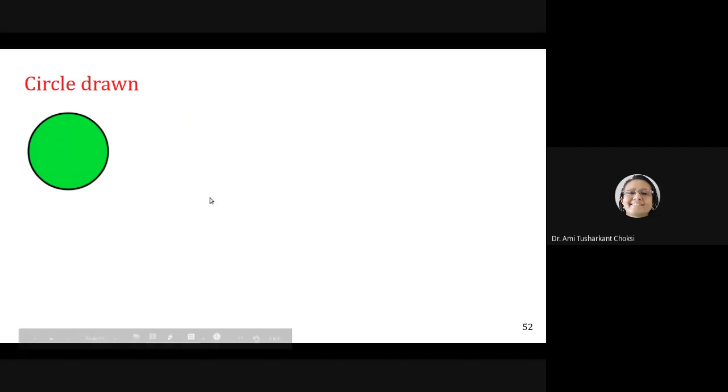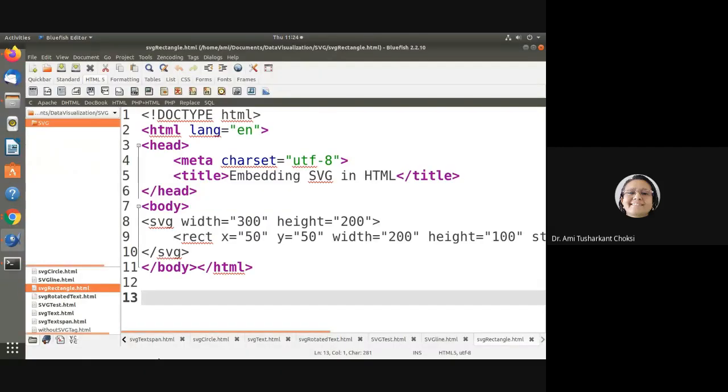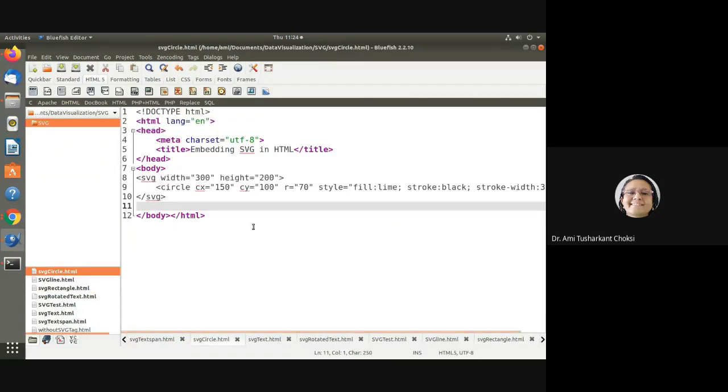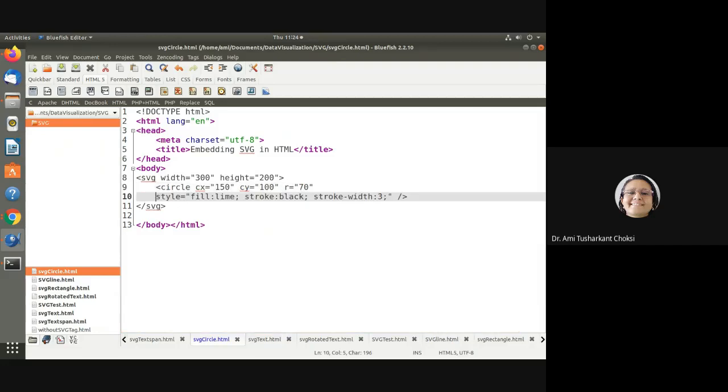This is the lime color and the stroke color is black. Okay, so let's see the same thing in our HTML editor. What was there? Circle, right? So our circle is here. The same code is written here. Let me put this here so you can see it properly.